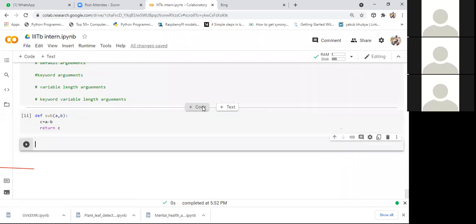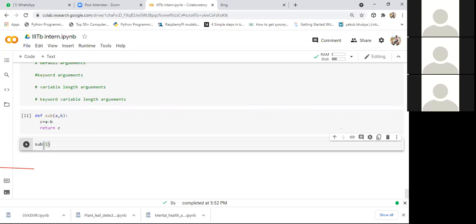After this, we need to call this function. Whenever you want to call it, we call it with the function name. How many parameters we specified in a function definition, that many values we need to pass in a function call. Otherwise, it will give you a missing arguments error.